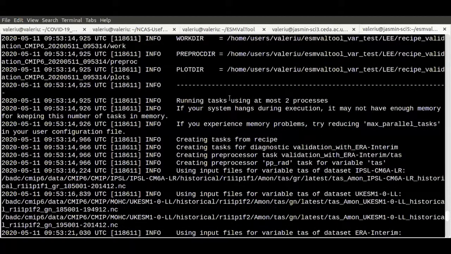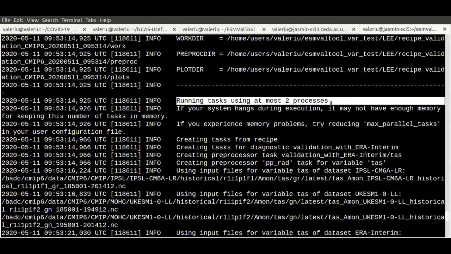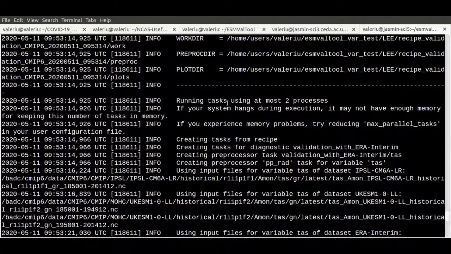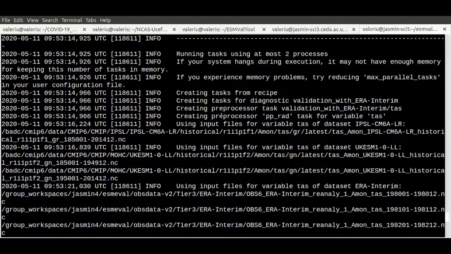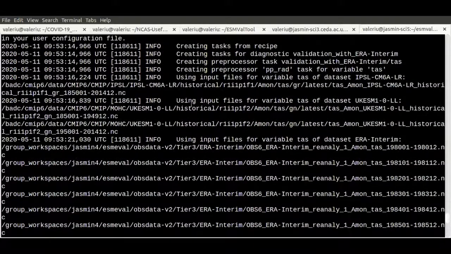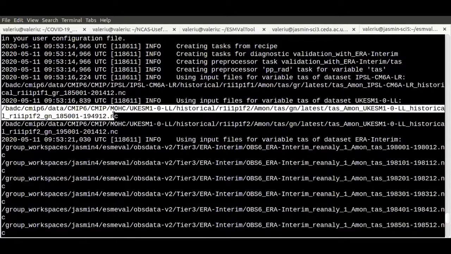And then it tells you it's running tasks using at most 2 processes. That means it's running on two threads. It's creating the tasks, and it's looking for data now. So it's telling you it's using data from this location. And now we can actually talk a little bit about the DRS, because you can see where the